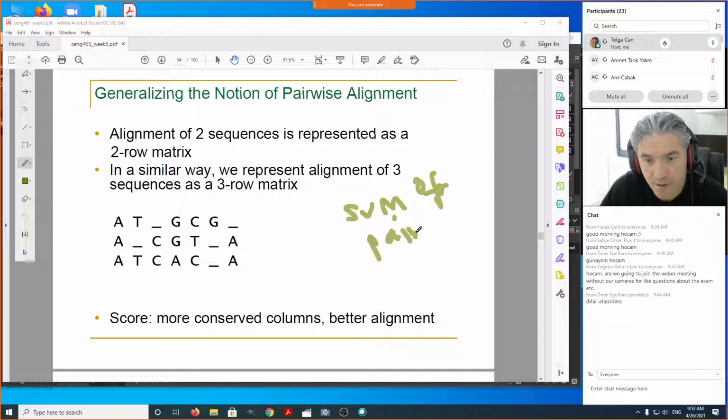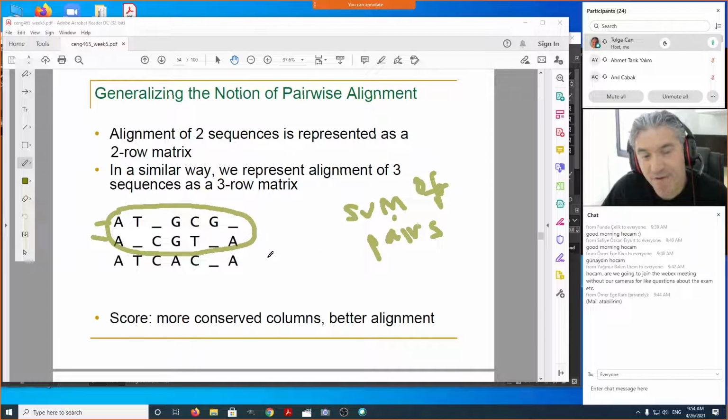Sum of pairs, as the name suggests, means we look at all pairs of scores in multiple sequence alignments. Since it induces pairwise alignments, we look at each pairwise alignment and compute the score based on some match and mismatch. Again, we have to be given as input in the multiple sequence alignment what our match score, mismatch score, and gap penalties are, whether we'll be using BLOSUM62 for protein sequences or a PAM matrix.